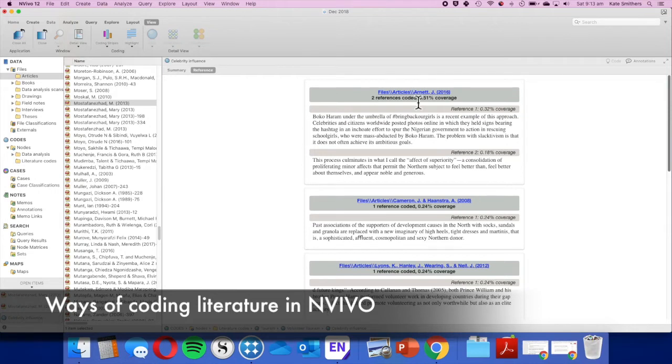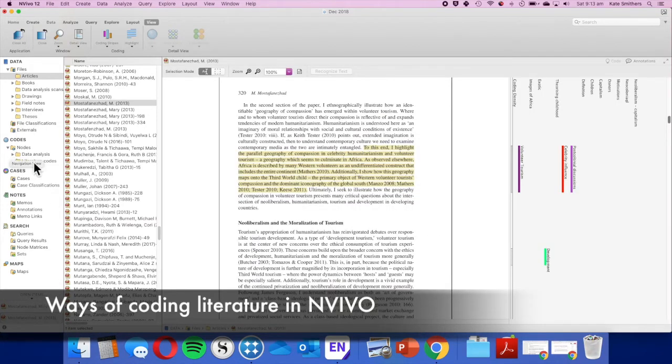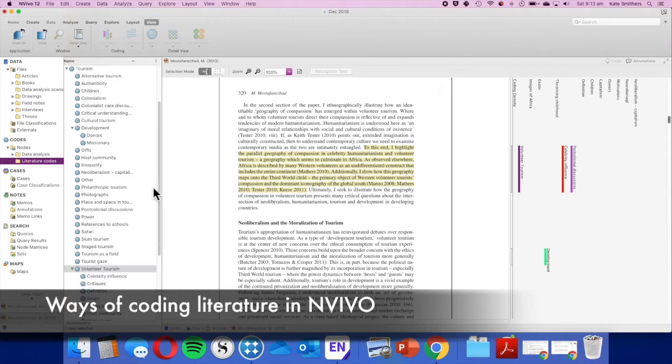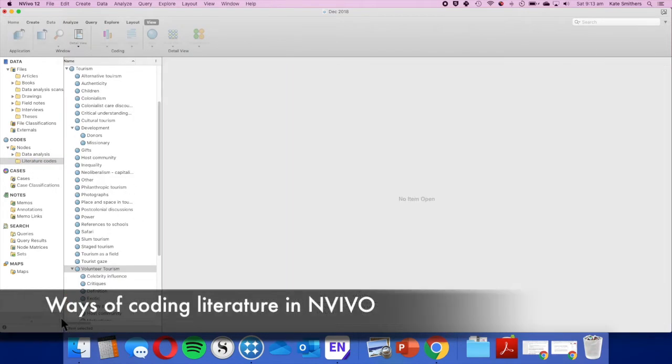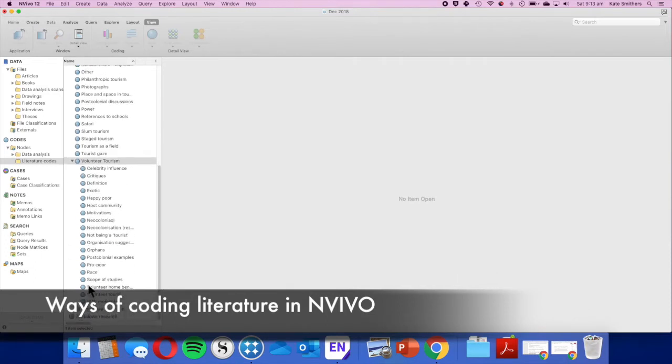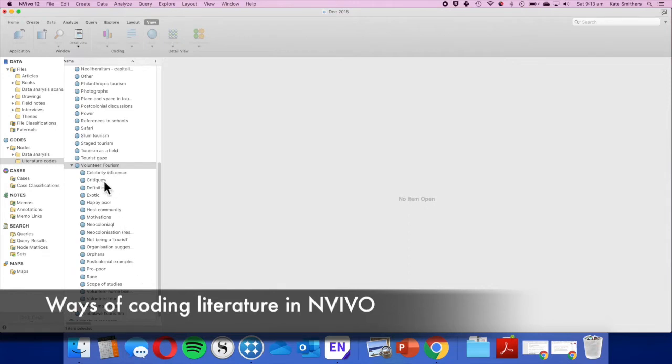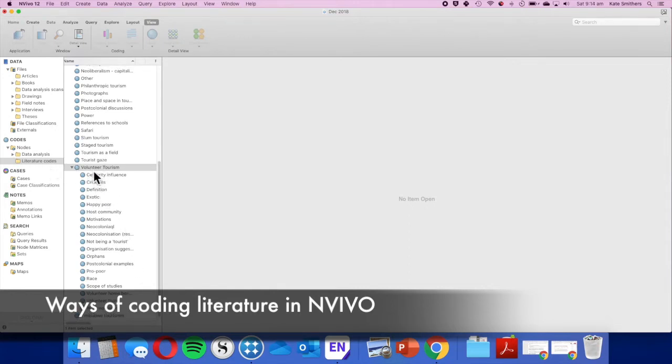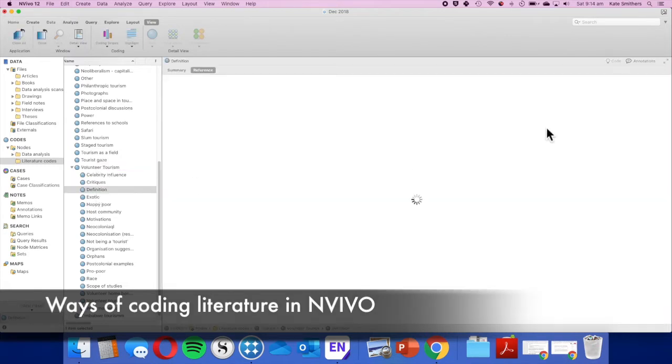Yeah, so hopefully that has given you a bit of an idea of why I code things. So we might just close this node. Over here, you can just press that close button. And I might walk you a little bit through some of my codes. So I'll close these articles just to save my computer's memory. Under the tourism code here, I found that the definition code and the scope of studies code would help me in the future. So while my literature review has moved away from volunteer tourism, it still helps me, because if I double click definition here and open the code,